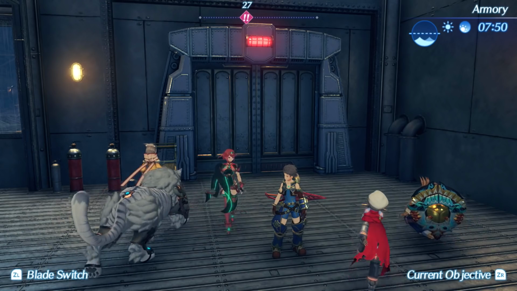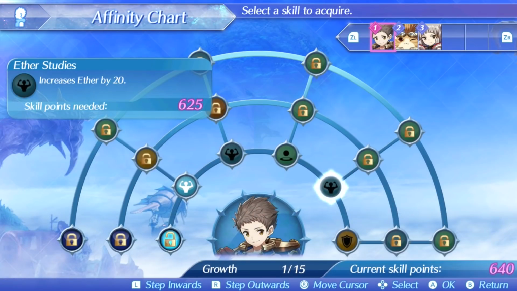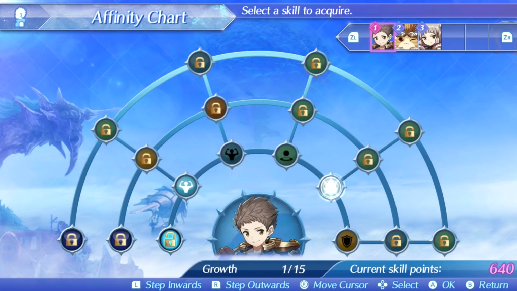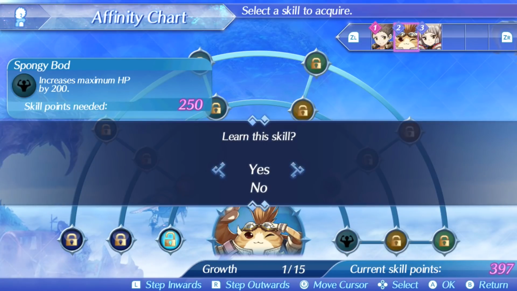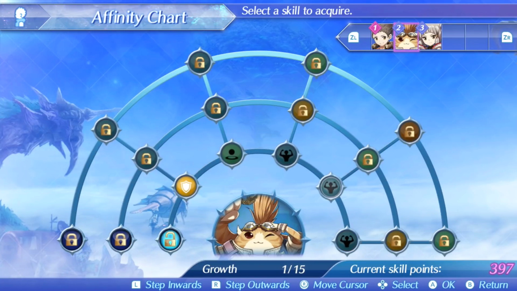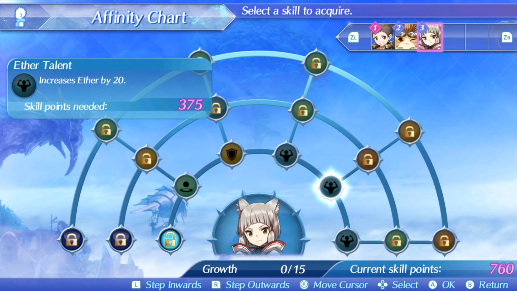Before we start this battle, though, I want to make sure we're all fed and our accessories are okay. So everyone's accessories are pretty much where I want them to be, but one thing I did slightly overlook are the affinity charts for our drivers. And yeah, you can also get the second ring of this affinity very easily. And in fact, oh yeah, Spongy Bob. Sounds like they're trying to say something else there, but that's going to give Tora some bonus HP and...